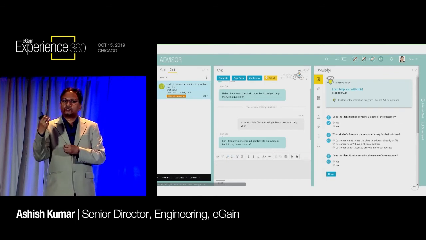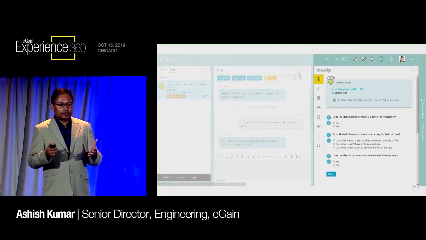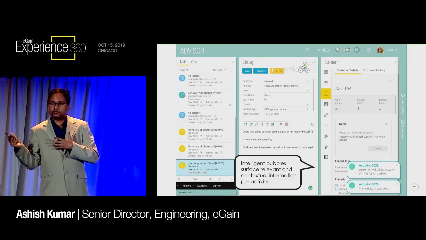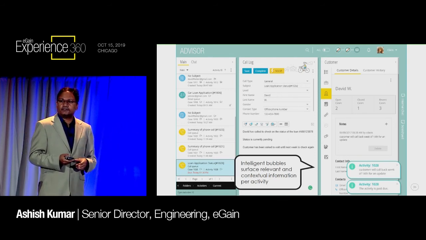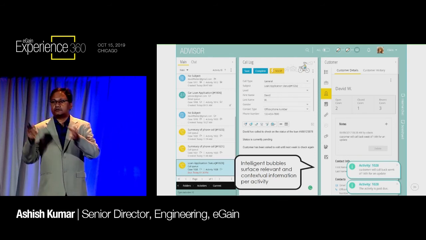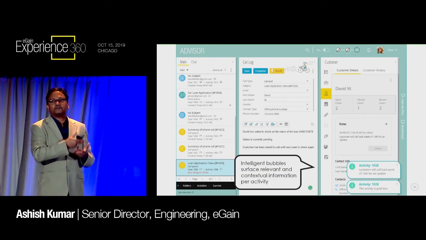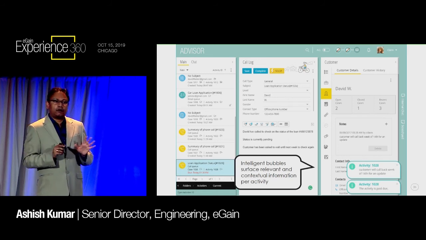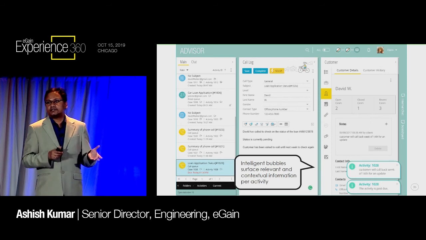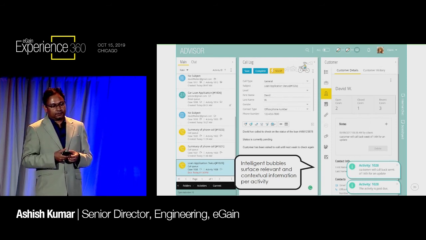If you can show some information on that side, you can do that. Or there could be one simple thing: at least you can send back a message to us, which will pop up this small intelligent bubble on the side. Based on your service provider, you found some information, and you send it back to the agent, and it will show up on the Advisor Desktop. So those are a few examples of how we are bringing intelligence in, connecting a few of our dots and your dots inside the Advisor Desktop.